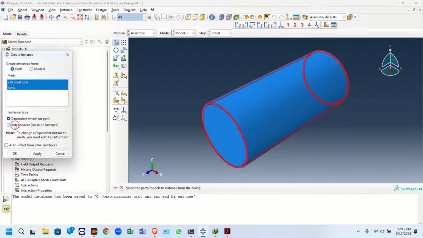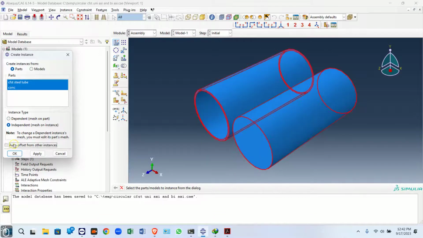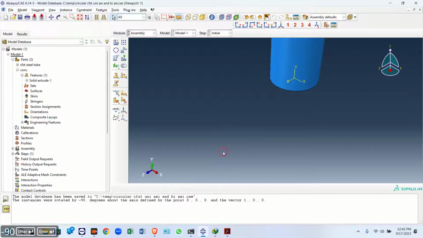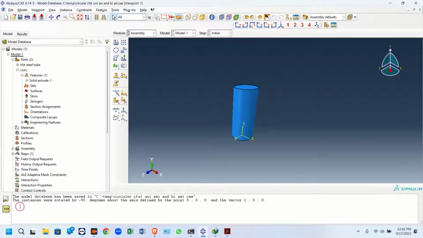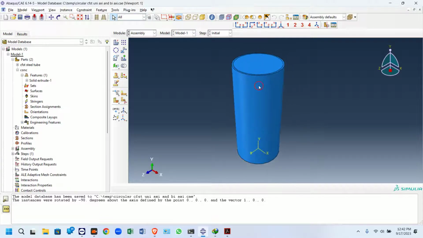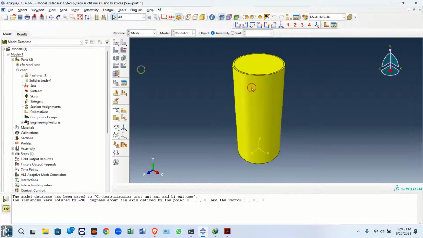Just there is one of the extensions clockwise and immediately. Whatever keys I am pressing, that will be visible over here. First will perform the mesh. So in meshing,